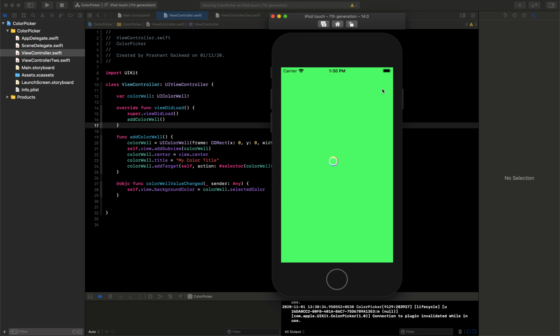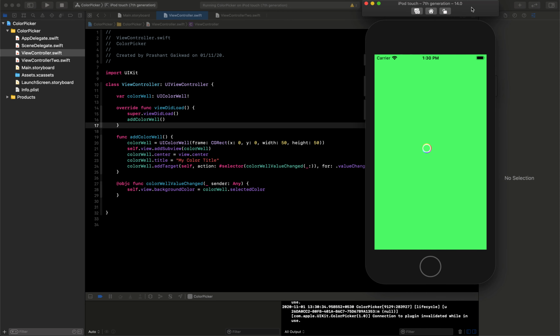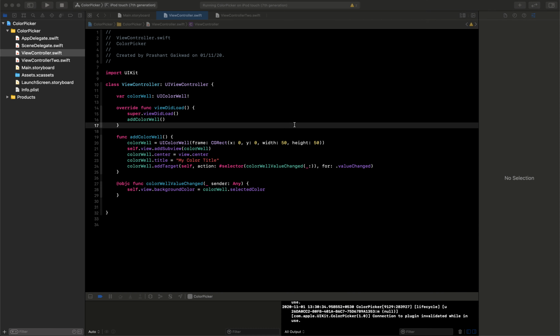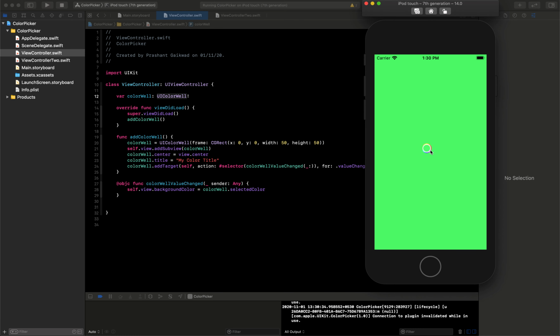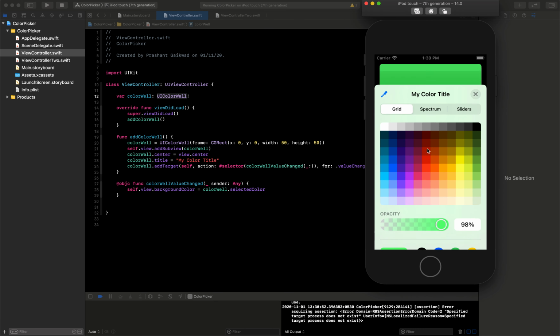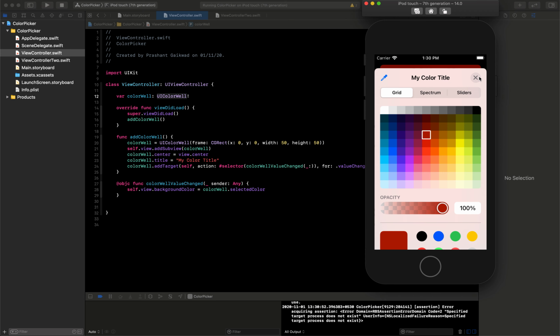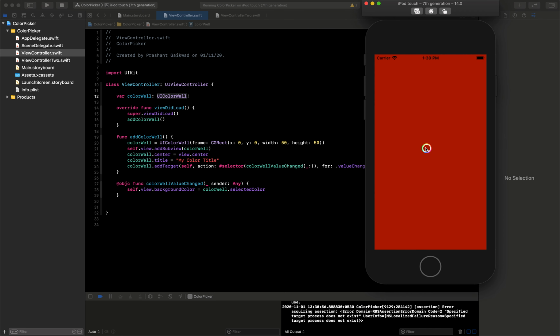In SwiftUI I have already made a video previously, so this option is going to be used in normal UIKit. The two options which are available: one is UIColorWell. Here you can see if I select any color, that color will be selected and it will be shown in the center of the view.